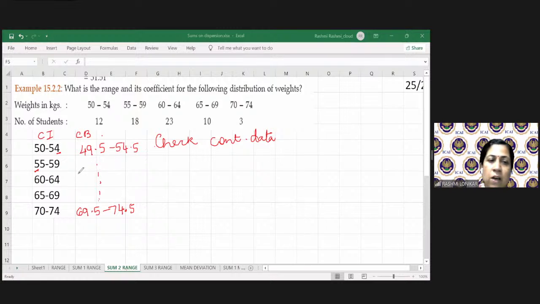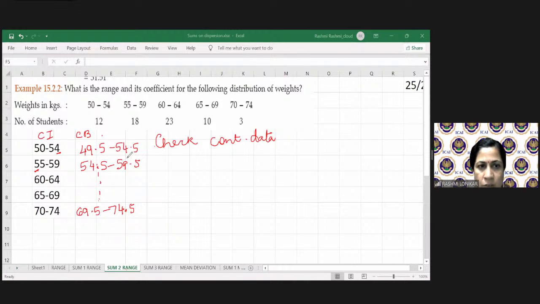So this is how we will be making it. Because this is 54.5, next will be 54.5 to 59.5 and so on. We don't have to calculate everything. Why? Because we have to find only range. यहाँ पे फ्रीक्वेंसी भी दी हुई है, लेकिन यहाँ पे हमें सिर्फ रेंज निकालना है, कोएफिशिएंट ऑफ रेंज निकालना है,